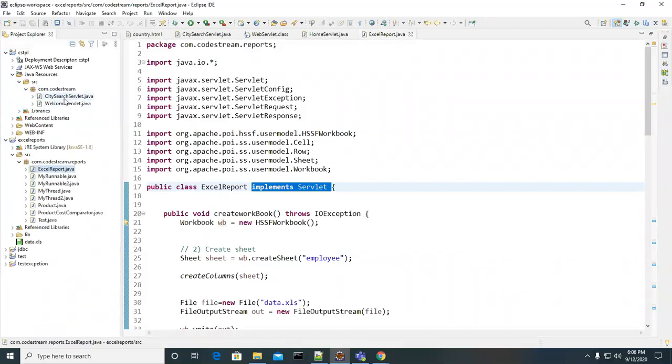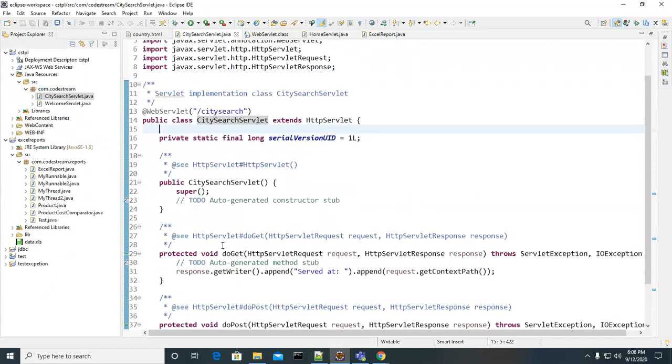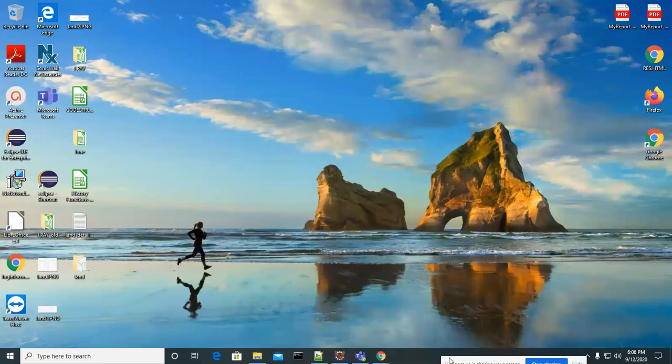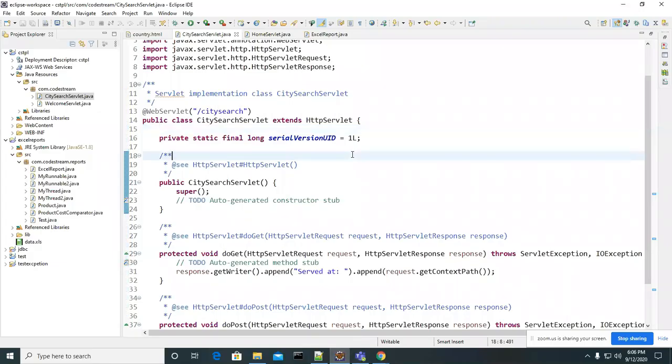Now go and see that city search. I told you about the annotation already, don't worry. Now you tell me whether this program is a servlet program or not. I just wrote the city search servlet, right?